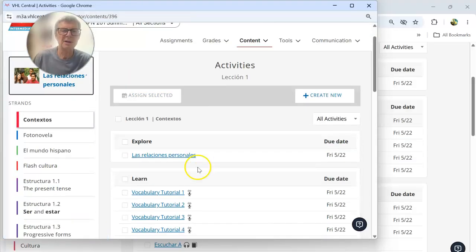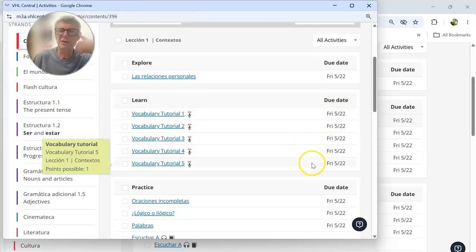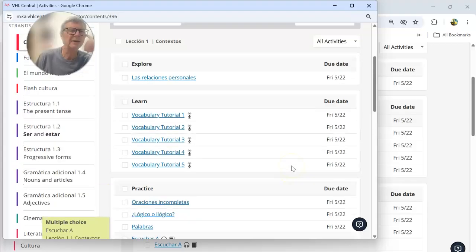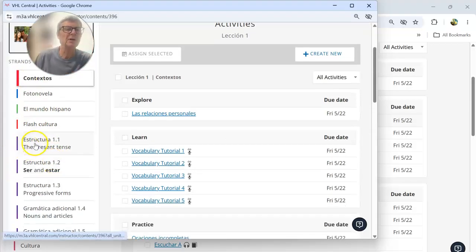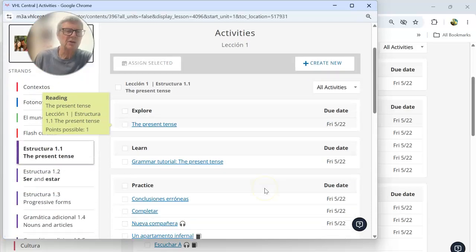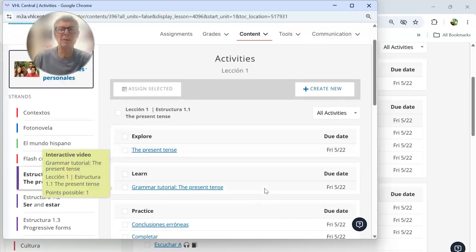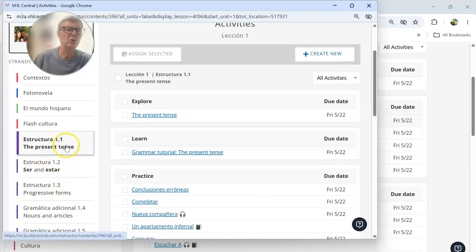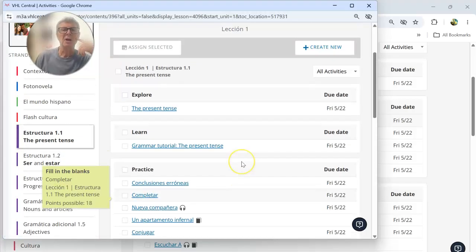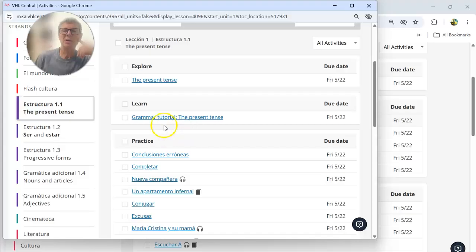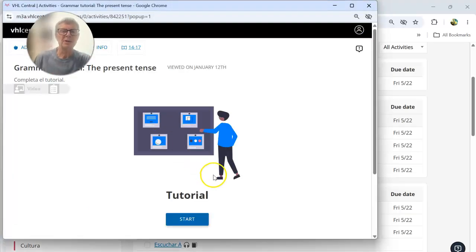So going back to activities, you see that everything's due on the 22nd. Once you've gone through the vocab, you can concentrate on the structures. For each chapter, there are typically 3 main grammar points. In this case, we've got 1.1 present tense, 1.2 ser, estar, and 1.3 the progressive forms. So what I would do is I would always start with a grammar tutorial. They give us a little tutorial,